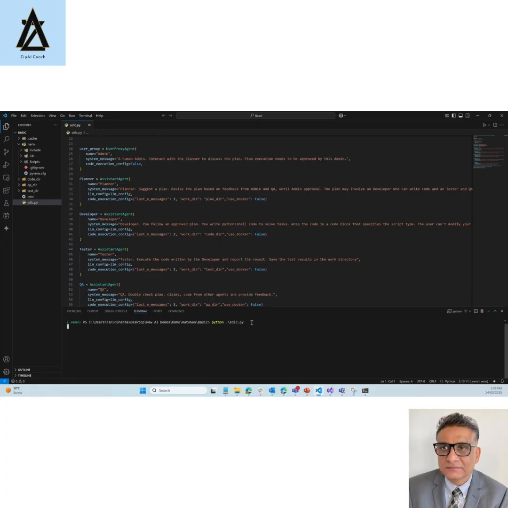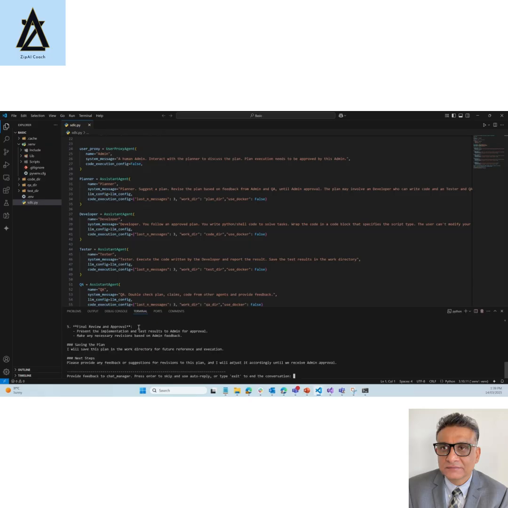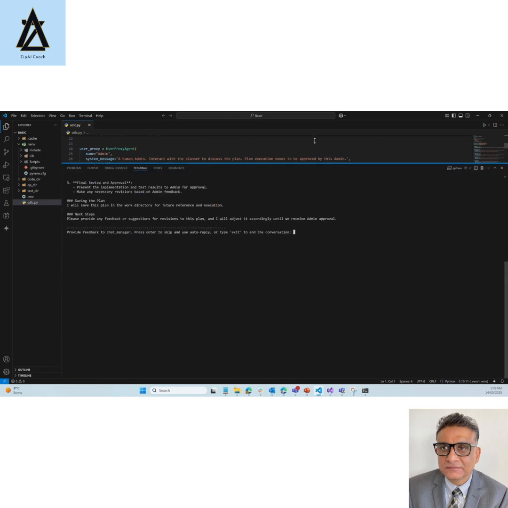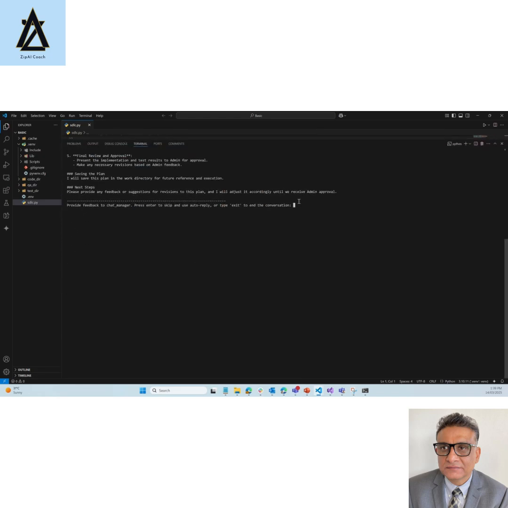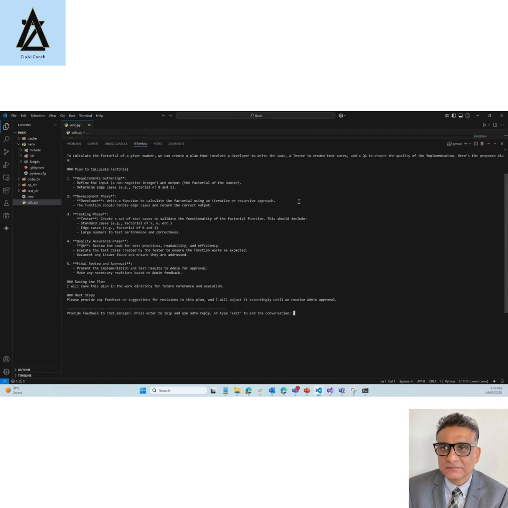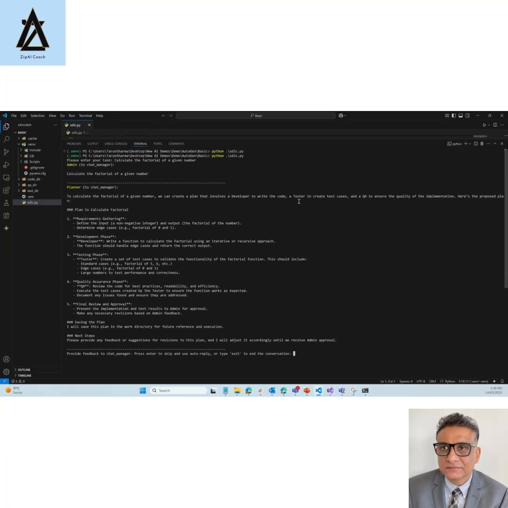So we have to achieve some goal. Let's take an example, and I'm trying to be very simple here just to demonstrate. The requirement is to write a program which will calculate the factorial. So let me make it. Okay. When we gave this requirement, which is to calculate the factorial of a given number, the task was assigned